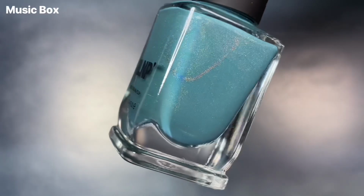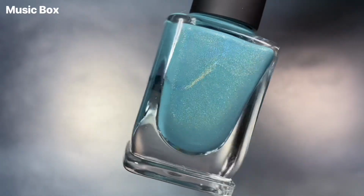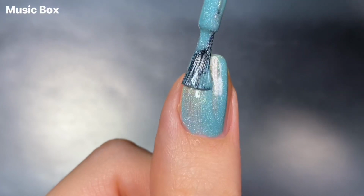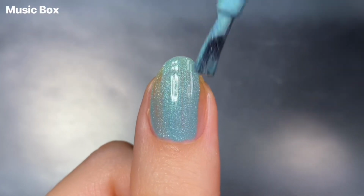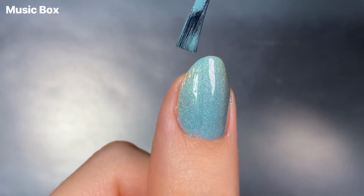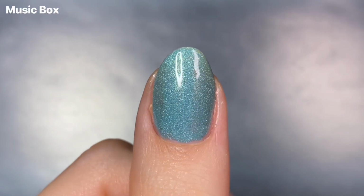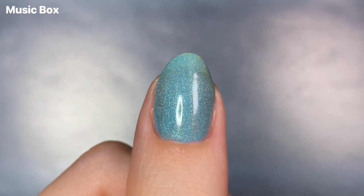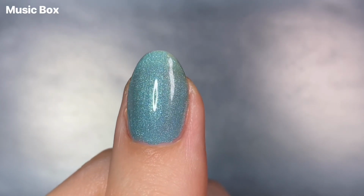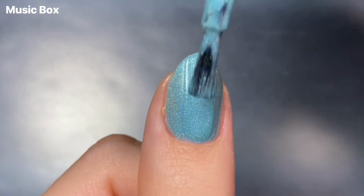Next I have Music Box, and this was from the spring 2014 collection, so probably the oldest one from my haul, but it's described as a soft, gorgeous teal polish with an intense turquoise shimmer and a scattered holographic effect. This one I would say comes in a little bit more of a crelly base, where you can see on the first coat it's a lot more pigmented than some of the other polishes. There is a hint of nail line, but for the most part it's pretty full and even coverage. I got it nearly opaque in 2 coats, so I think if your nails are shorter than mine,